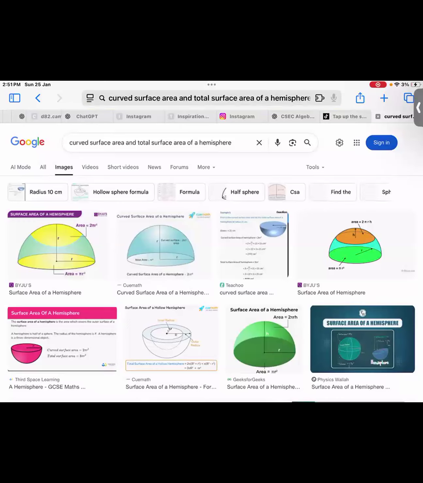So do you see? That's what we were looking at earlier. That half of Earth that is mounted on top of the cylinder. So you can visually see what I'm talking about here. All right, and then you can pull up this document and it will show you the formula that we have right here. There it is. Curved surface area is 2 pi r squared. Total surface area is 3 pi r squared. Okay? All right, so that verifies the calculation that we did.